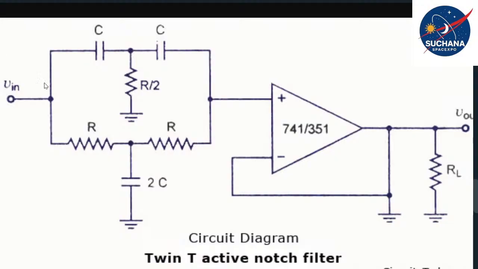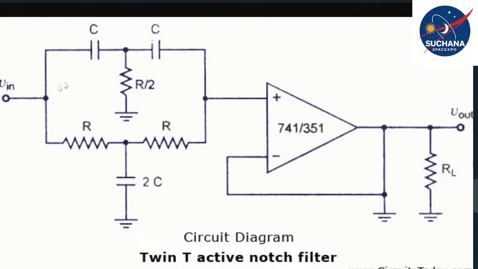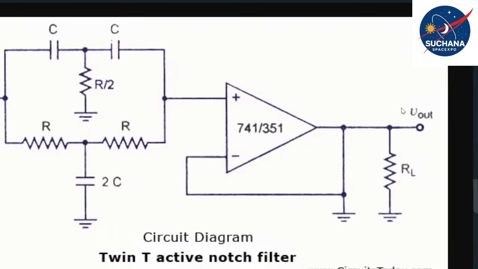So let's assume the input wave, the signal wave, could be a sinusoidal wave of some frequency, but it is not a pure signal. It also has some mix of noise, and you know what that noise frequency is, and you want to eliminate that frequency. So once this signal passes through this entire circuitry, by the time it reaches the V out,